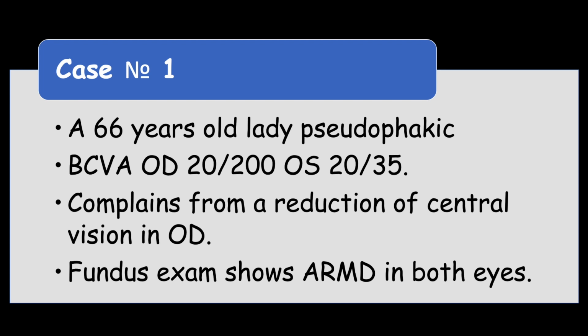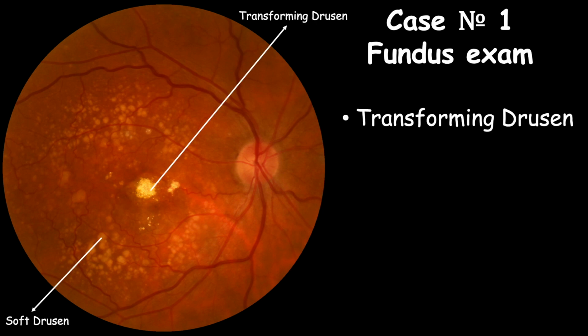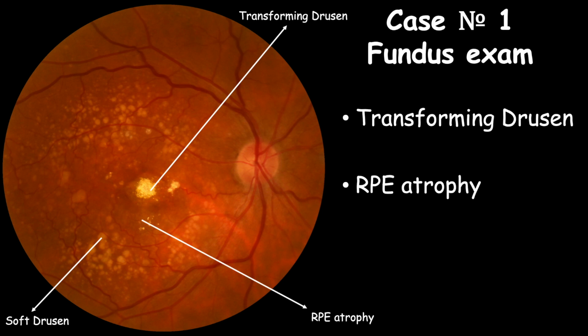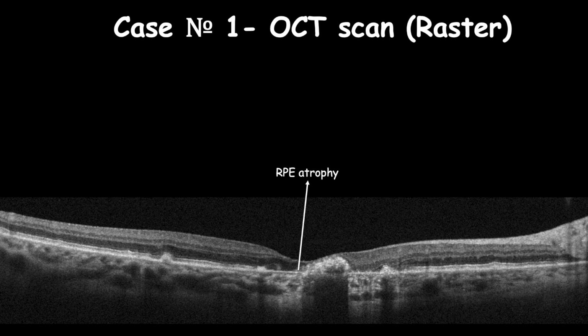Fundus examination showed drusen and signs of dry AMD. Fundus exam shows heterogeneous sub-RPE drusenoid deposits forming transforming drusen, soft drusen, RPE atrophy, and adjacent to it there is a small intraretinal cyst. OCT scan shows areas of RPE atrophy, which features absence of the RPE layer with pronounced Bruch's membrane,